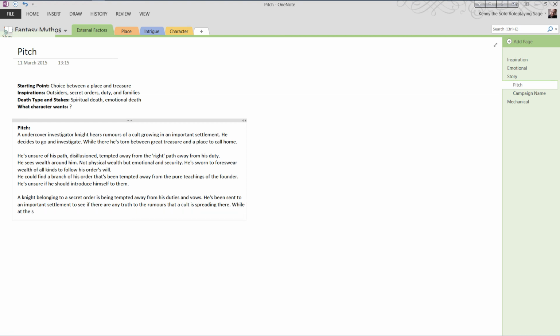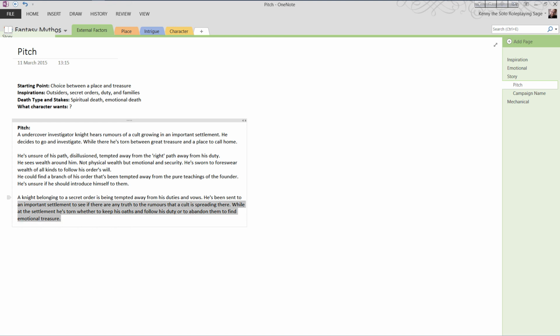While at the settlement, he's torn whether to keep his oaths and follow his duty, or to abandon them to find emotional treasure.